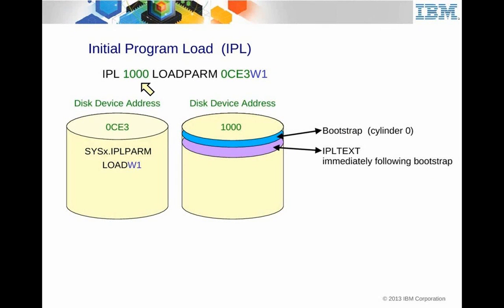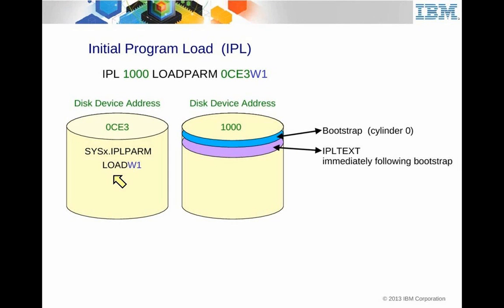So you IPL at that device, and it has the bootstrap and the IPL text, but then we give it a load parm, 0CE3. So it finds that disk device and goes to it, and this is how it really works. On that disk device, you're at the VTOC now, and in the VTOC I'm looking for a data set. The way the system really works, it looks for